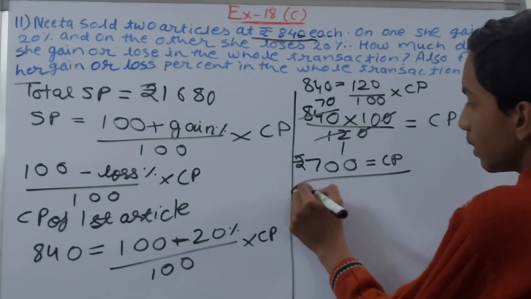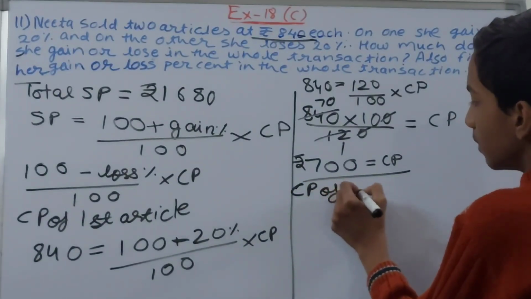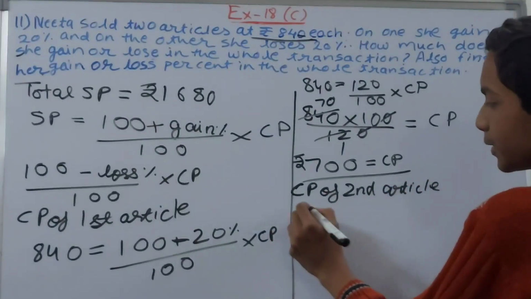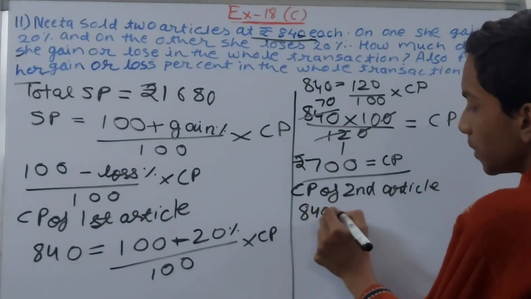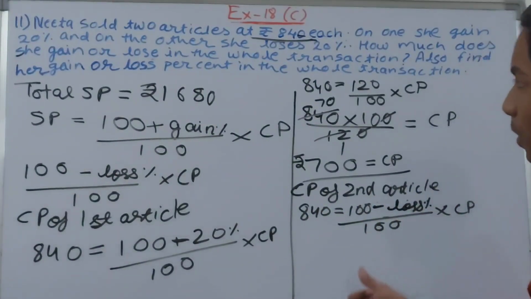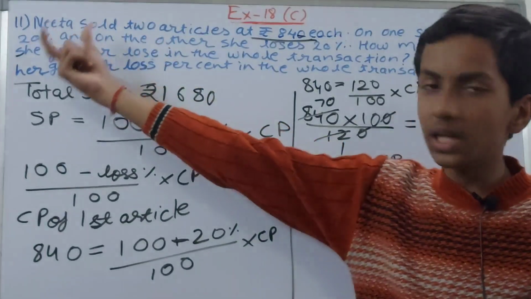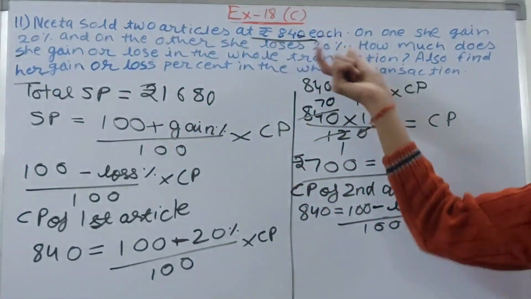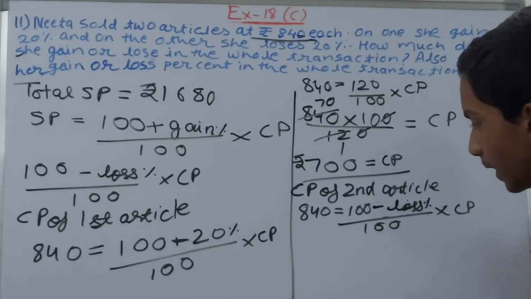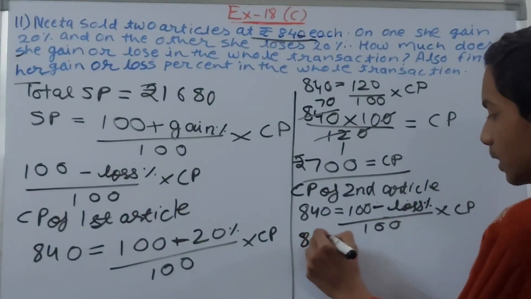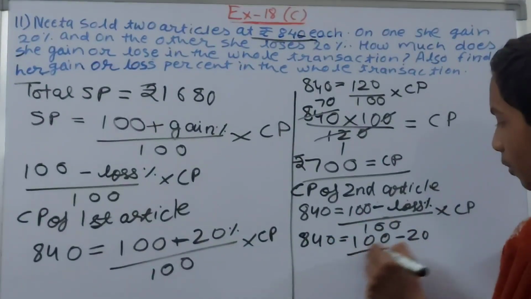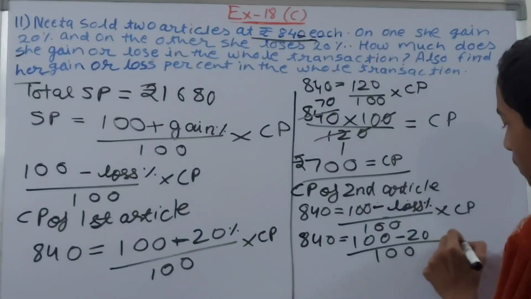So the CP of the second article, the same formula will be used here as well. So SP is 840 equals 100 minus the loss percent. Why loss percent? Because you see here that on one she gained 20% and on the other she loses 20%. So here we will have minus the loss percent. So 840 equals 100 minus 20 upon 100 into the